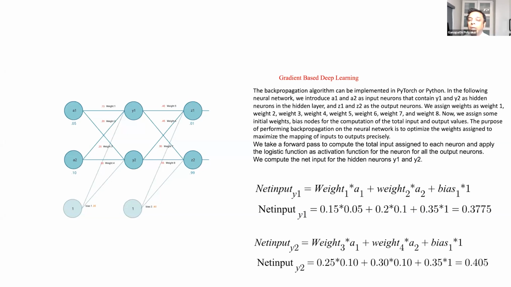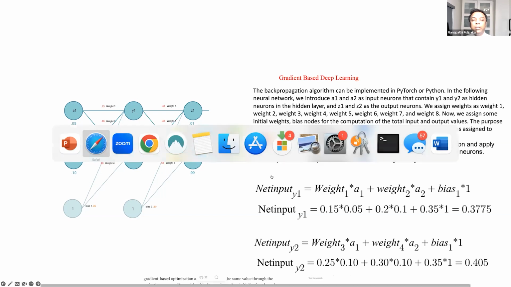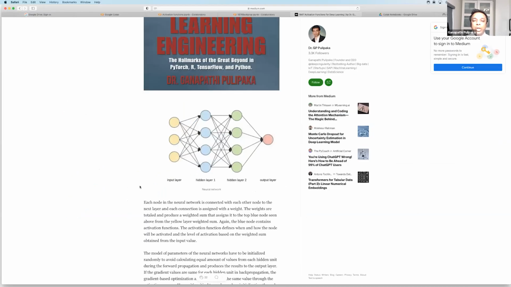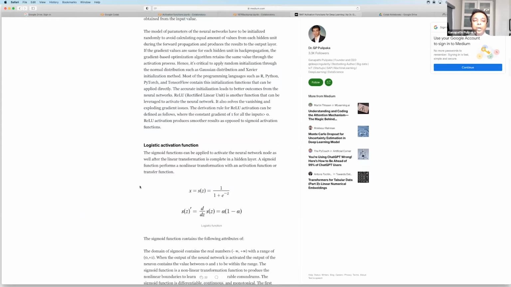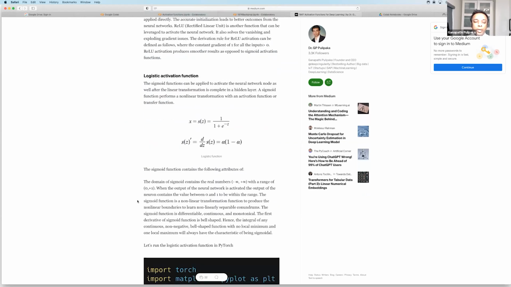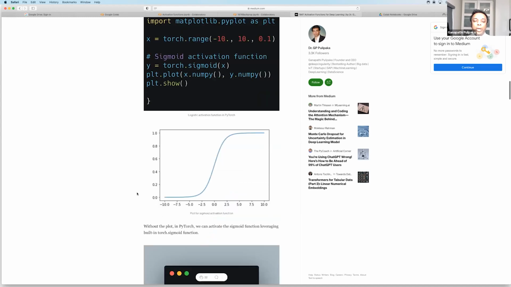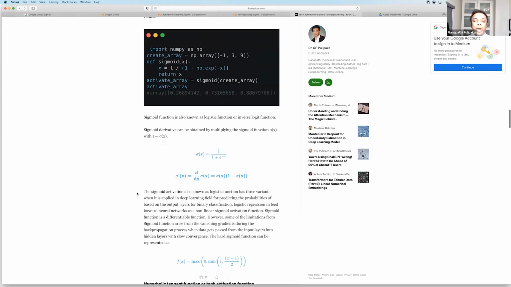Then we're going to take a forward pass to compute the total input assigned to each neuron and apply the logistic function. Again, I just showed activation functions. There are several functions available, and you can apply any of those, not necessarily the logistic function. But for this purpose, I'm going to apply the logistic activation function.